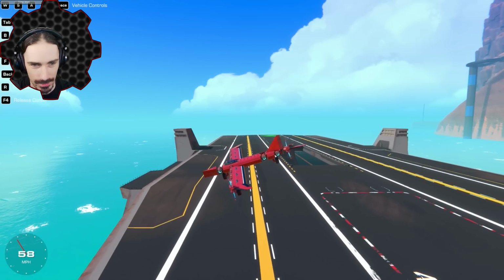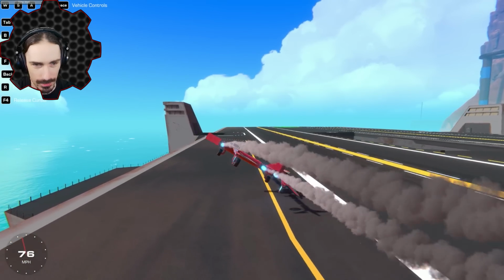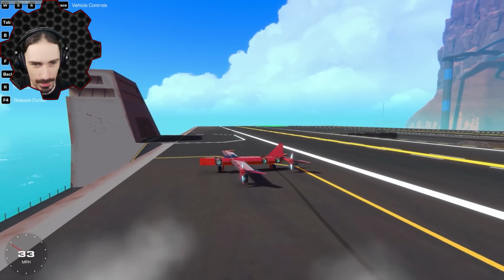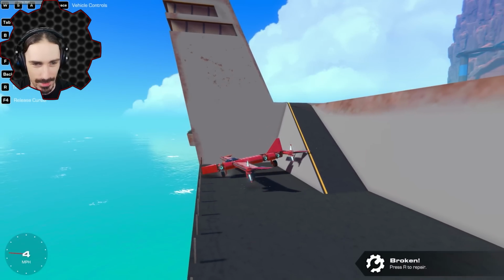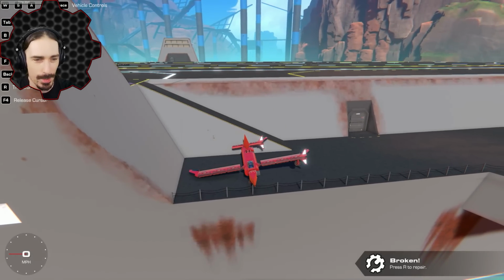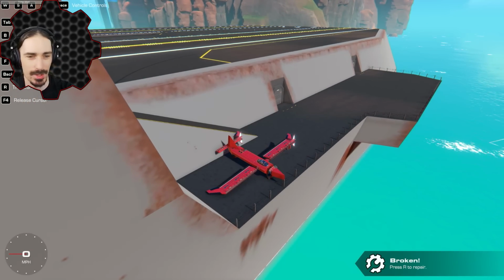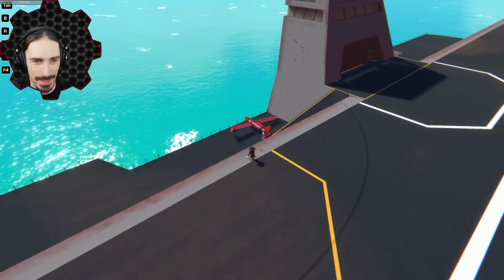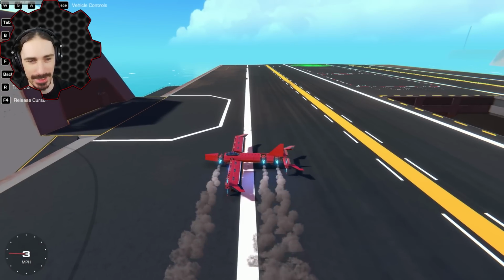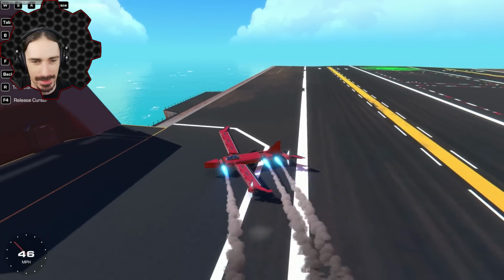All right. Oh no. Oh no. Oh, okay. It likes to turn to the left. I should have just parked it down in this area to make room for the other plane to stall. That wasn't a failure. I mean, I've had better successes than that, but considering we're literally flying a plane sideways,